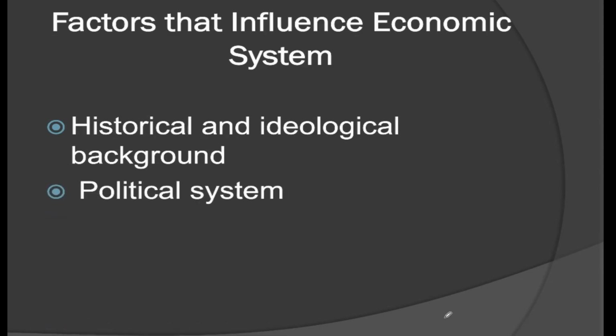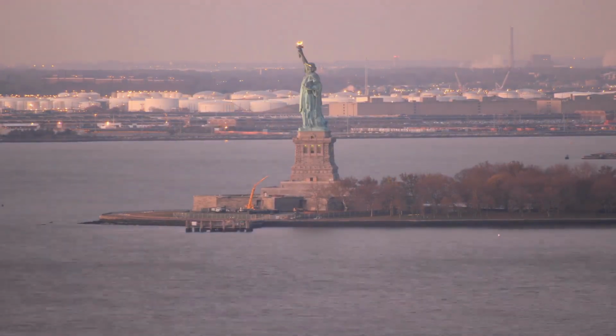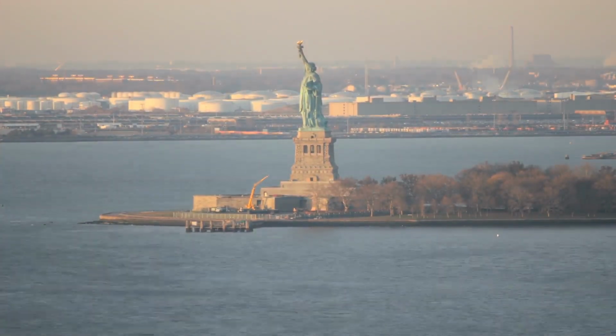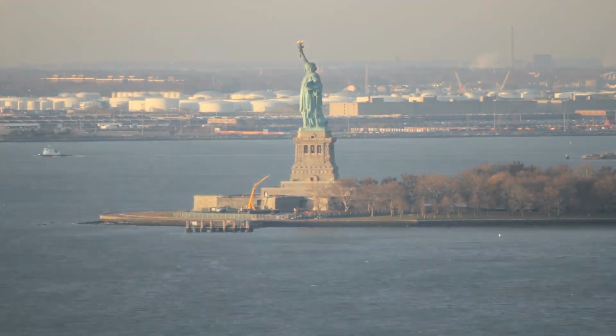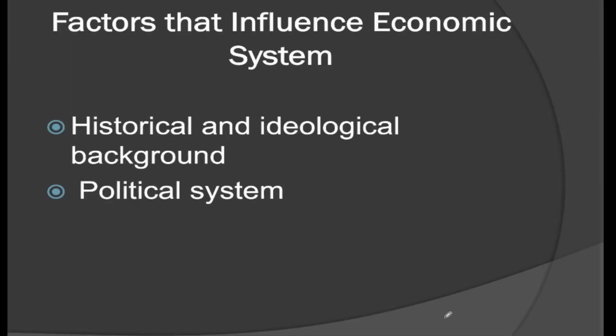Different economic systems are more compatible to certain political system. For example, in the case of a capitalist system, a much more compatible political system for it is a democratic political system. In a capitalist system, it is based on a market mechanism. Market requires flow of information, and under a democratic society, the flow is better because of the freedom of expression